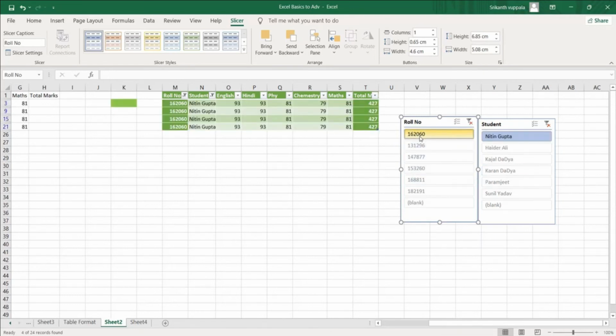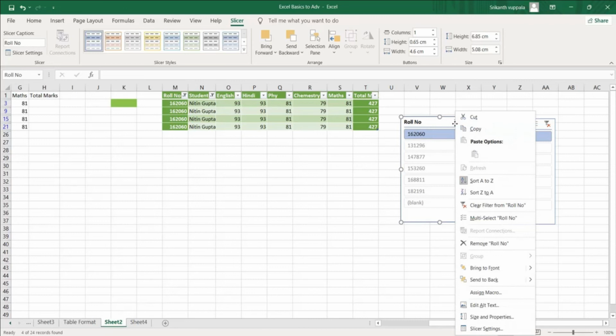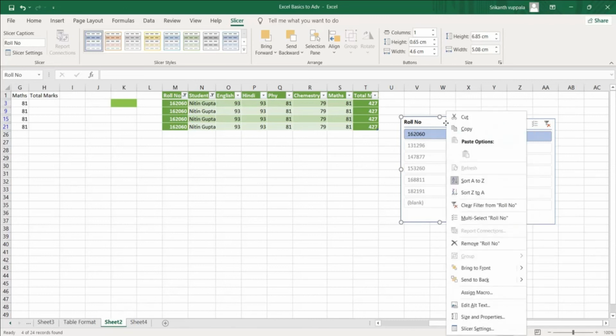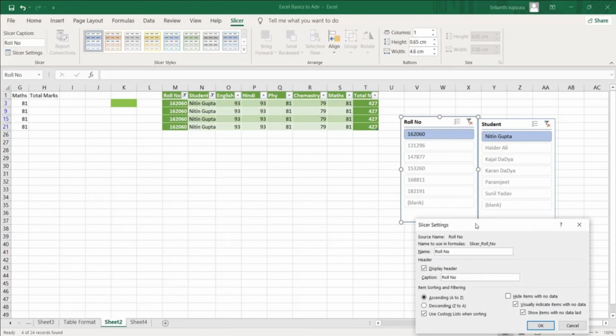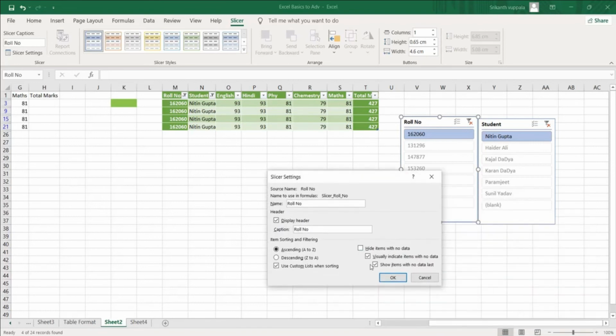If your boss says I do not want to see these values, I only want to see the values which have data, then right click on the table, go to slicer section, slicer settings. Here there is an option called hide items with no data.